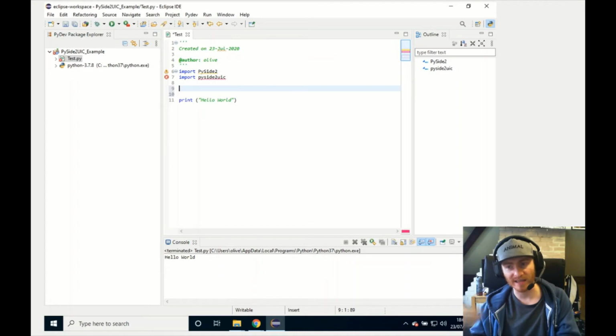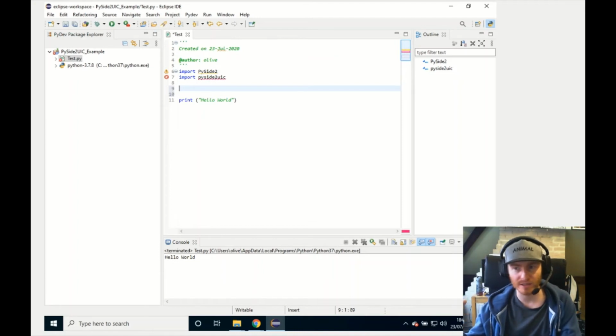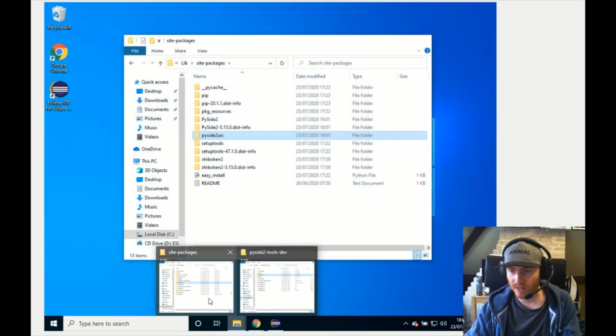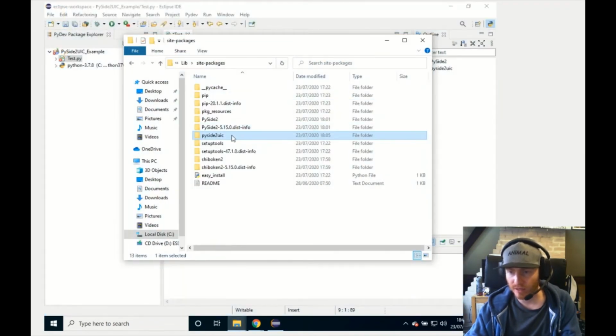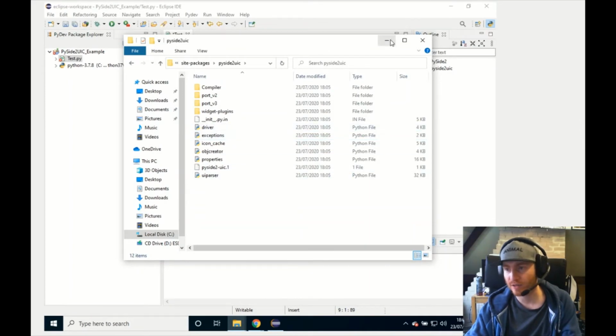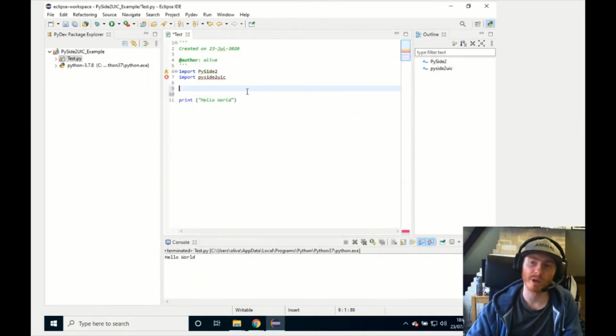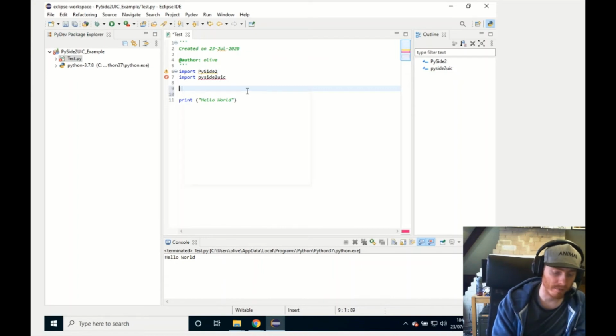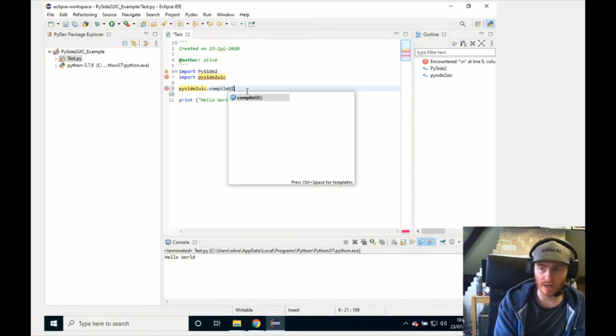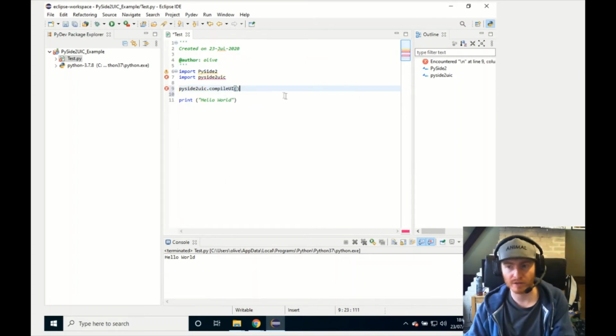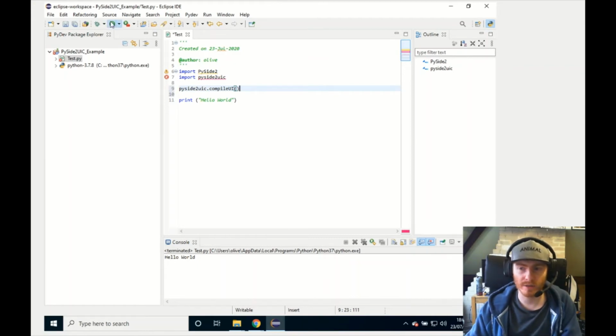So technically it's getting around PySide2 UIC. It's actually bringing it in, and what you can see is, at least I think it would be the same in this. Yes, it is. So we'll come through this step by step. Now let's say I want to call the compileUI function from PySide2 UIC. I can put in PySide2.uic, and then dot compileUI. It even kind of found it there as a call, but when I go to click this now,